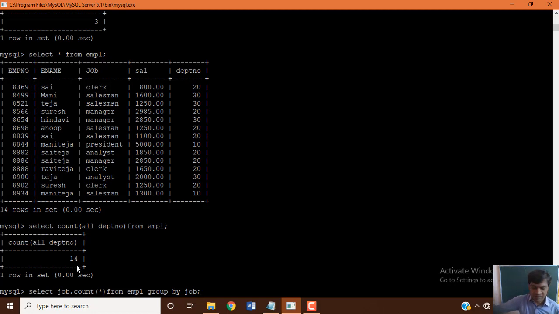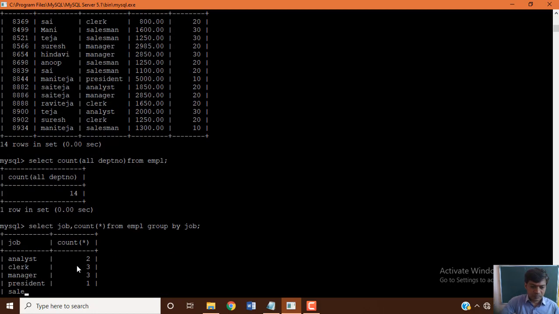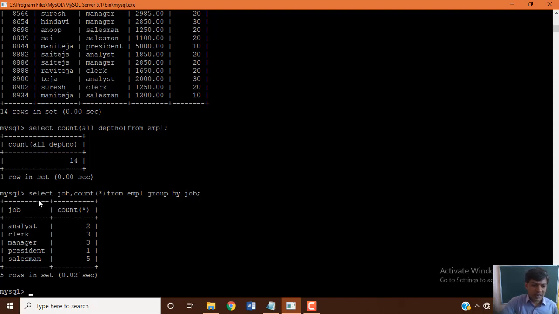Group by clause. Let's execute this. Select job comma count from EMPL group by job. So in our employee table there are different types of jobs, and we are counting each category by job, counting the total number of employees available from the employee table, grouped by job.